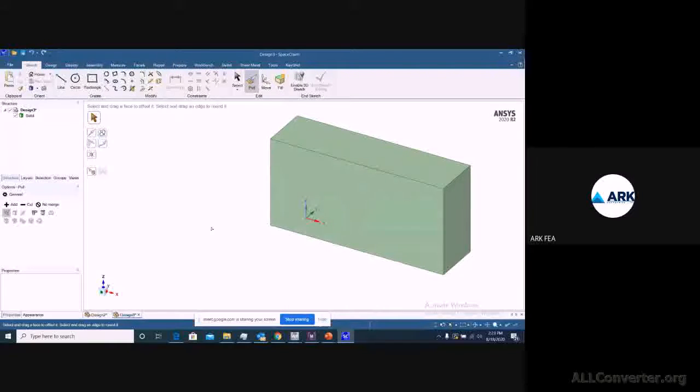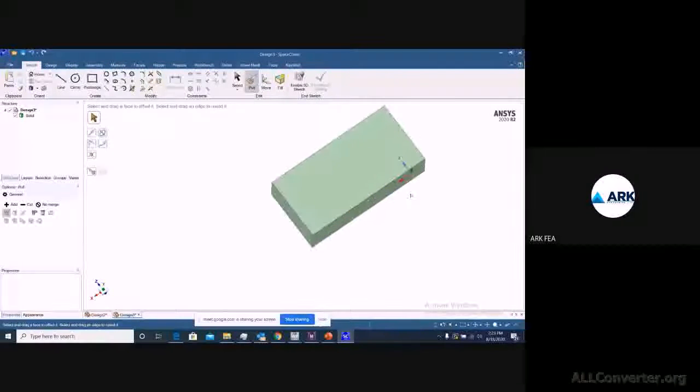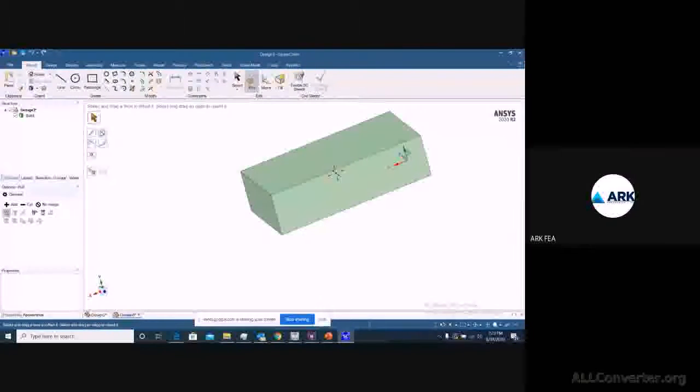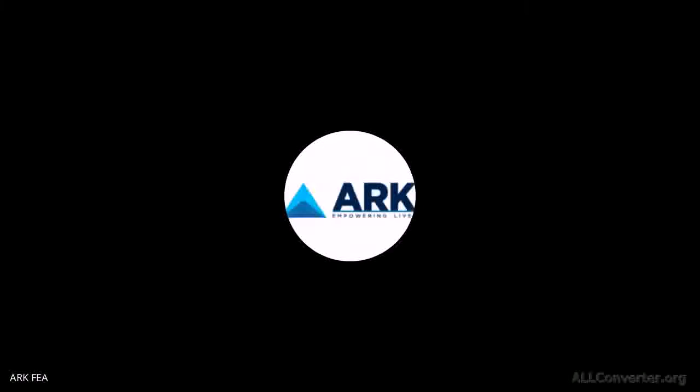So in your Z direction, we have specified the third dimension. And the best part about this is, you can edit your geometry just by picking up your edge or surface, or you can select the surface and start sketching over it. So this is one of the best examples here, using the same Pull command for adding the third dimension.